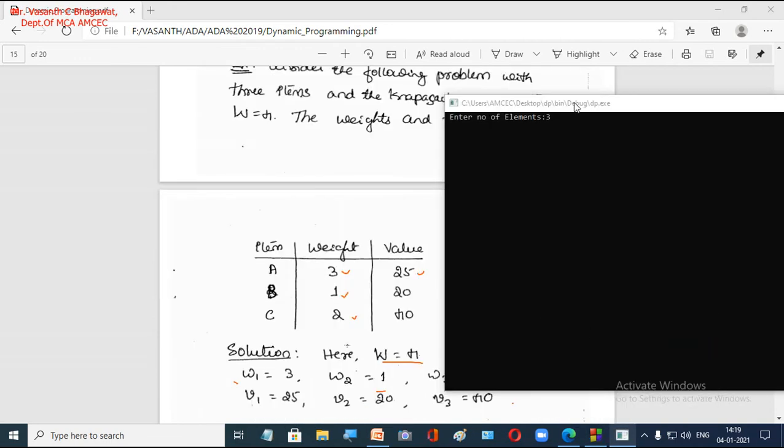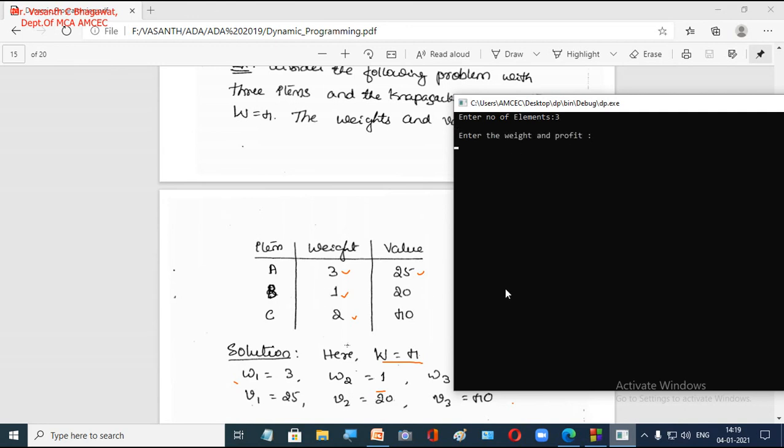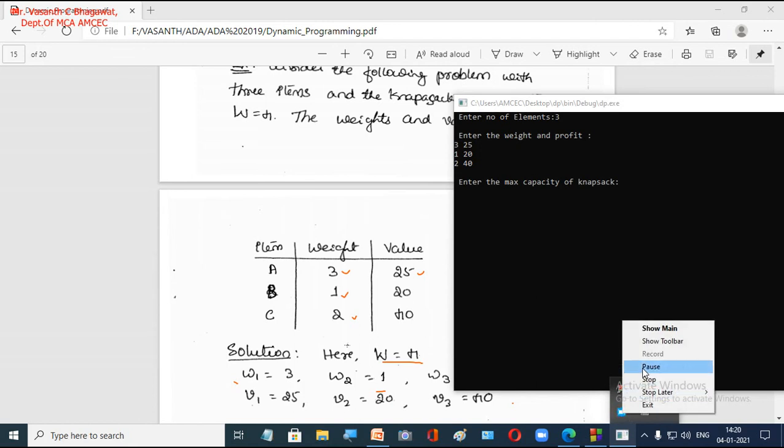Yes, so we'll run this. Enter number of items, 3. Enter the weight and profit. So first item 3, 25, next 1, 20, next 2, 40. So it will display the maximum capacity.